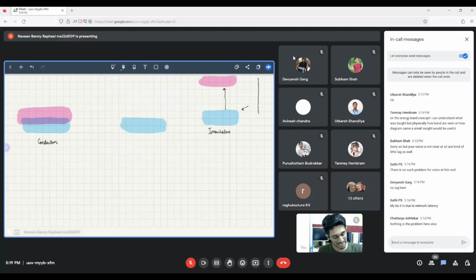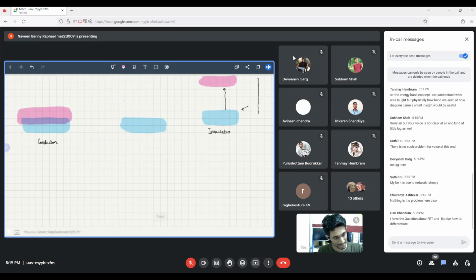In the case of semiconductors, this jump is less, and because the jump is less,